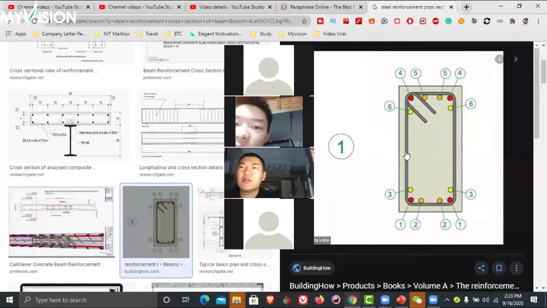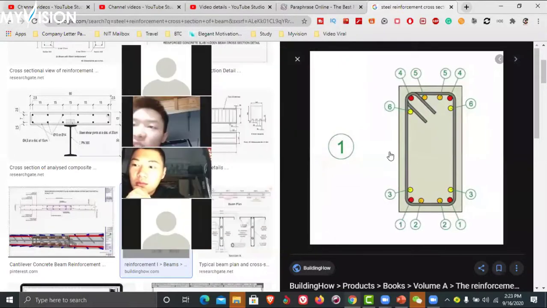Yeah. Clear? The diameter of this bar is 0.5 inch. Teacher, someone's microphone is so loud. Please mute your mic if your number ends with 99. Please discuss with me if you have any questions.